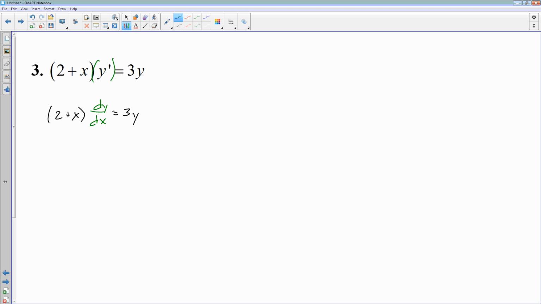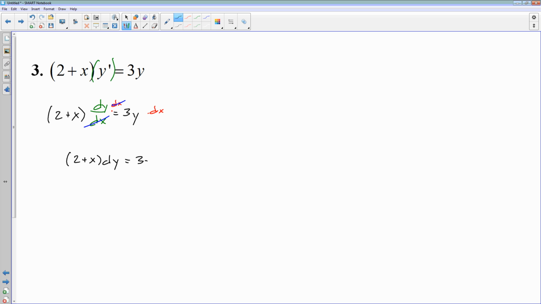And then I need to separate my variables. I want my y's on the left side and my x's on the right side. Now this one's not going to be as clean as a simple cross multiplying. I'm going to start by multiplying both sides by dx, because if I do that, my dx's here cancel, and I'm left with 2 plus x dy